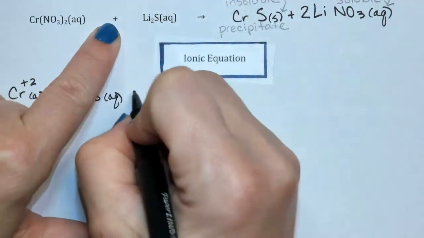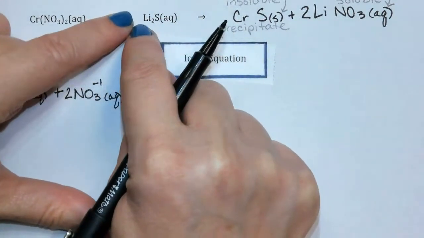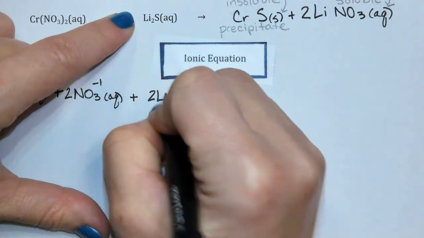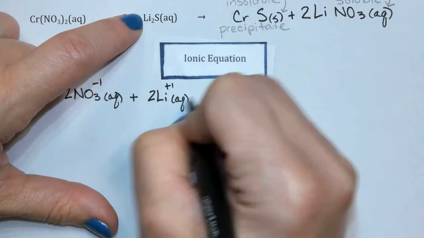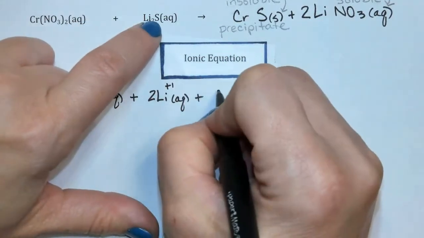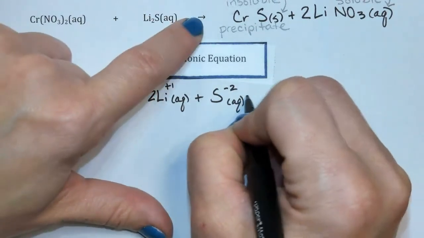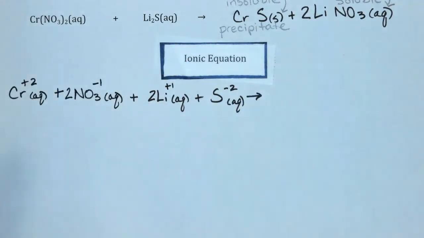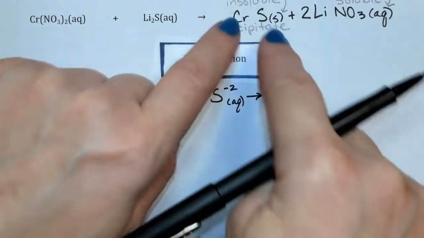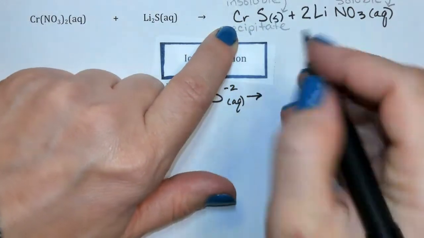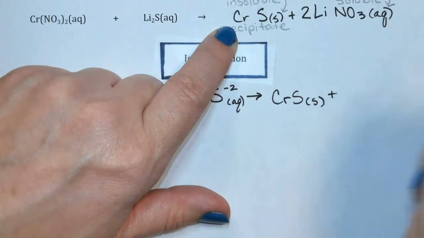Then I'm going to put a plus, and then because this is aqueous, we'll break it apart. There are 2 lithiums, and the charge on lithium is a +1, and we'll put AQ for aqueous, plus 1 sulfide, which has a -2 charge, and we'll put AQ for aqueous, and now I'll draw my arrow. So I broke down both of my aqueous solutions into their ions. On the right side of the arrow, do not break down the precipitate, CrS, solid, plus, and then I will